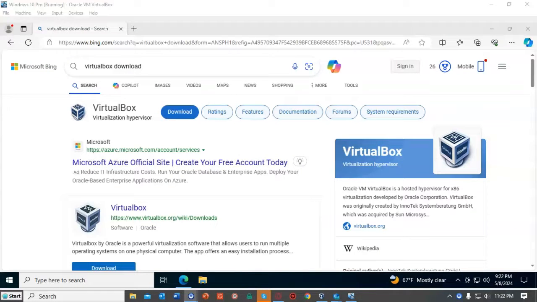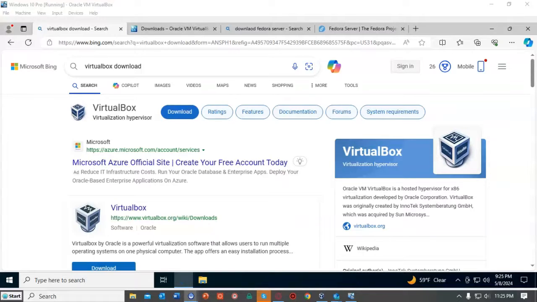Virtual install of Fedora server using VirtualBox. So for this lab demonstration, I'm going to be using one virtual install of Windows 10. I will be downloading VirtualBox from the VirtualBox download site, and I will be downloading the latest version of Fedora server. And so if you haven't done so already, you're going to need a download of VirtualBox installed on your